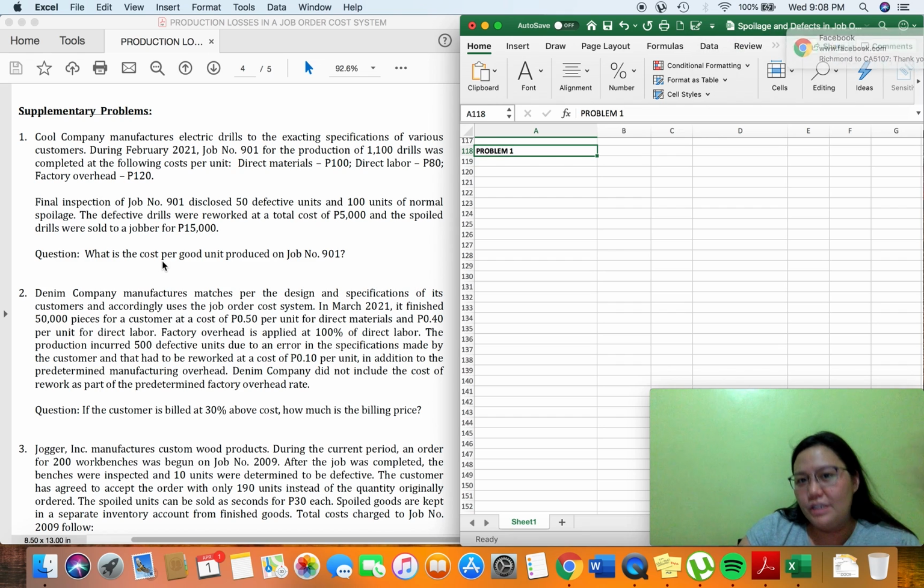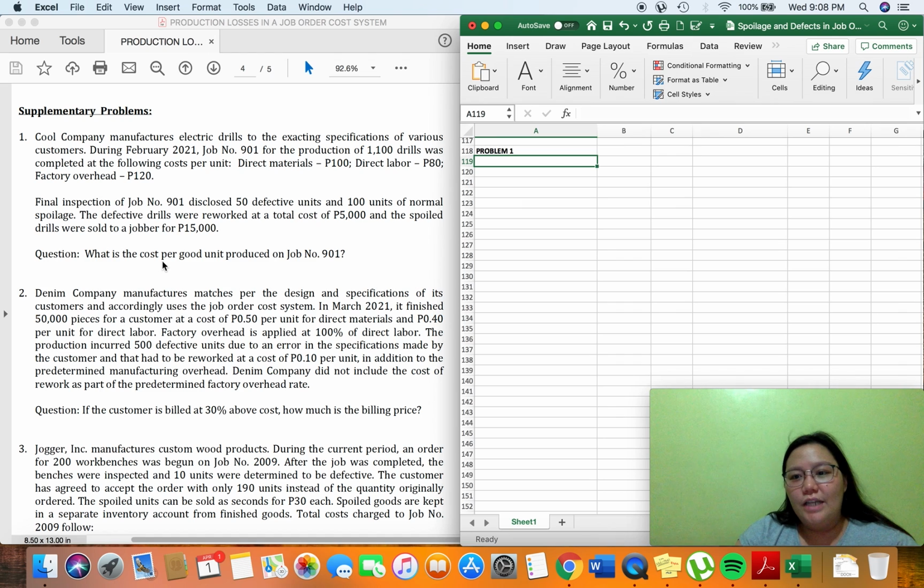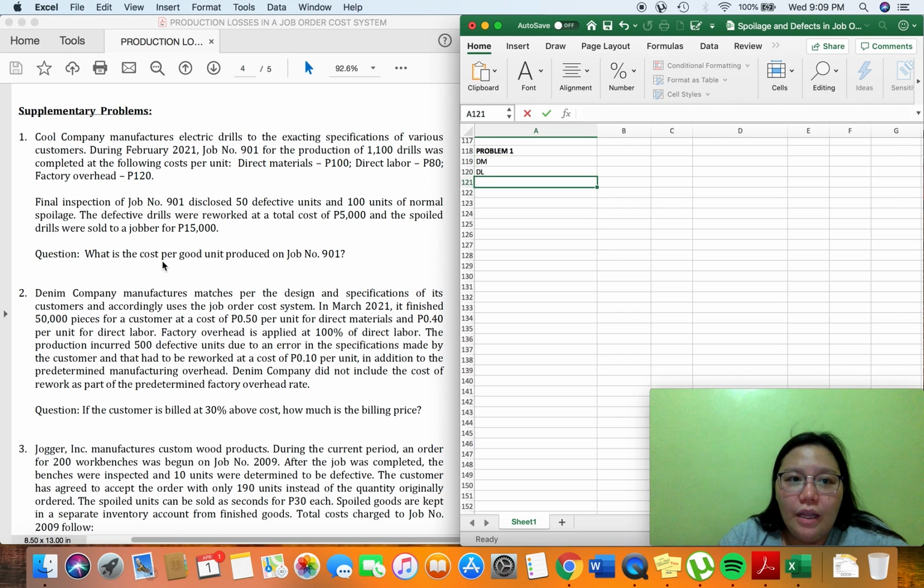The first step, of course, is to compute for the total cost of Job 901 before the defect and spoilage natin. Defects and spoilage. So, we have direct materials, direct labor, and overhead. Direct material is 100, direct labor 80, and overhead 120 for a total cost